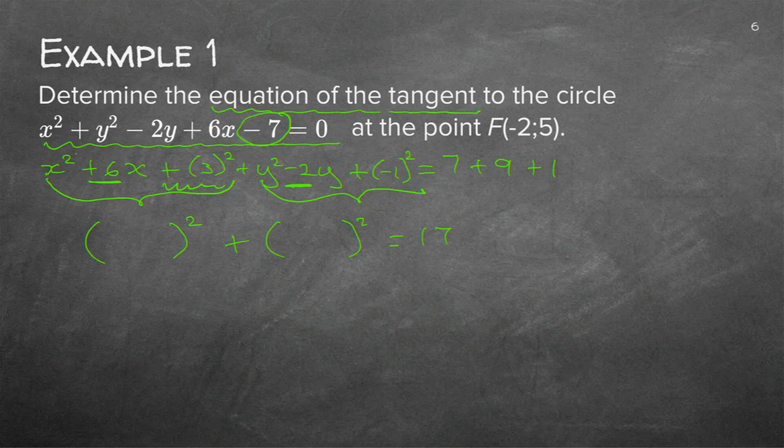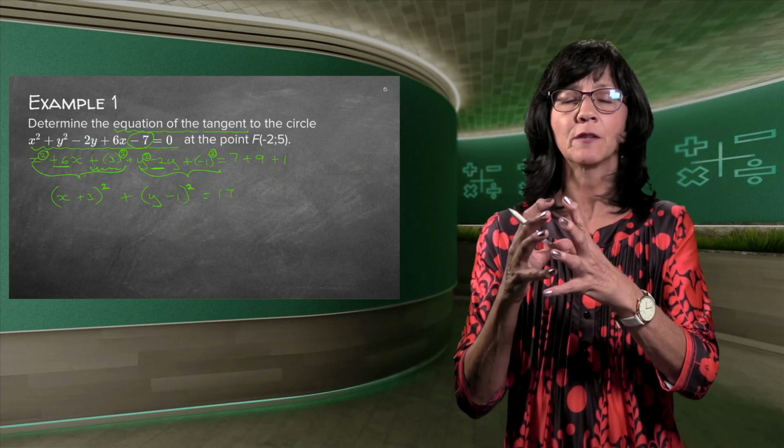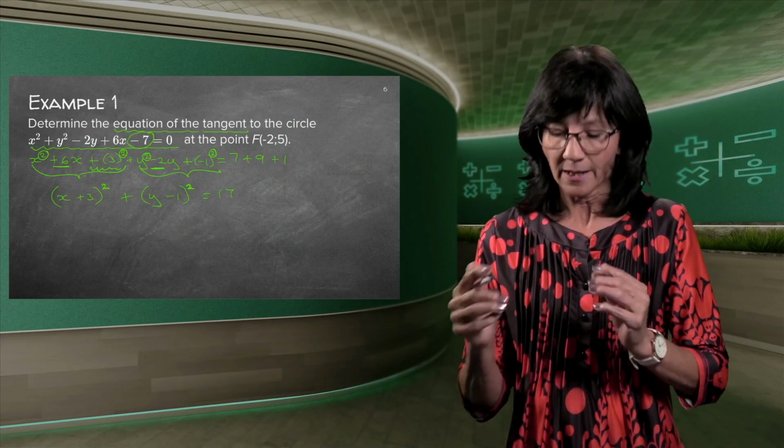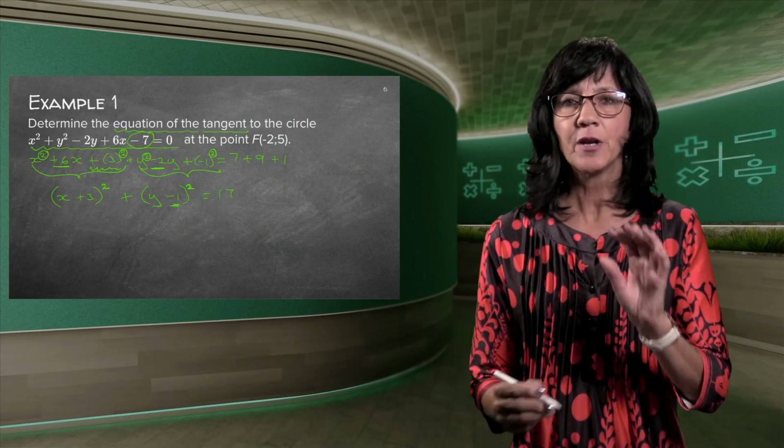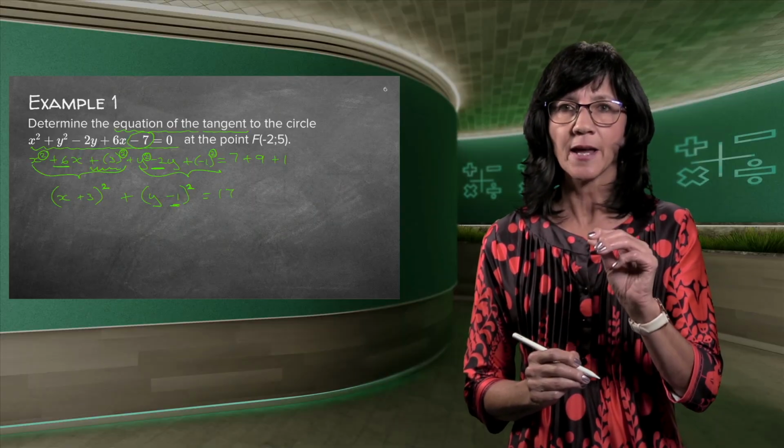What do we do? We check what is underneath the square, which is just the x. We check what is underneath the square, which is plus 3. We do the same here. Underneath the square is the y. Underneath the square is the minus 1. Because there is my square already on the outside, and there's my other square. So to complete the square, you only look at the figure underneath the square, and you write it down here. Be very careful that you have the sign correct as well.